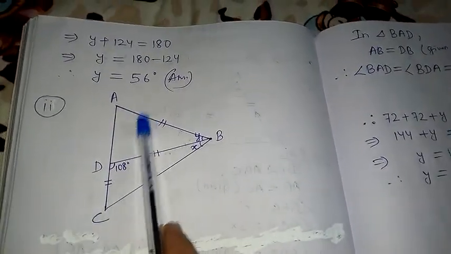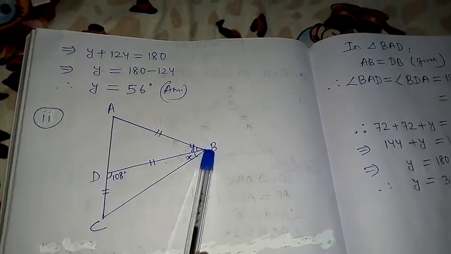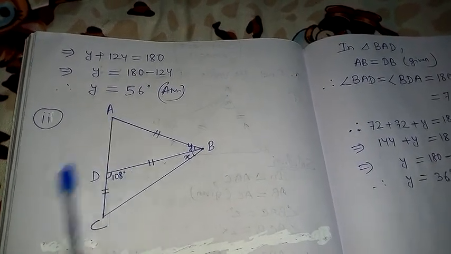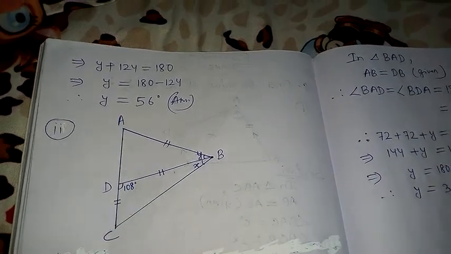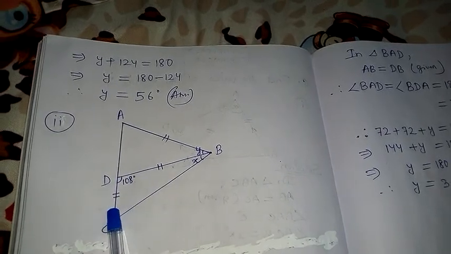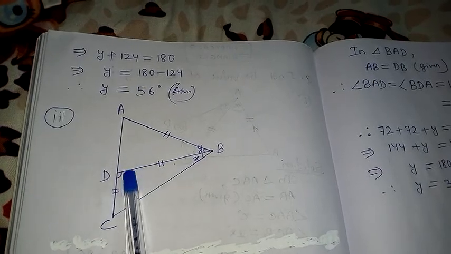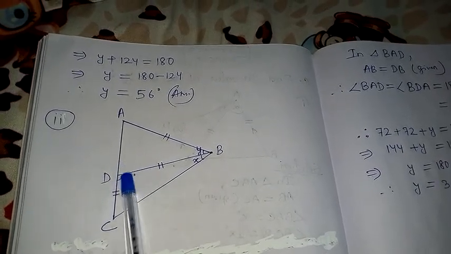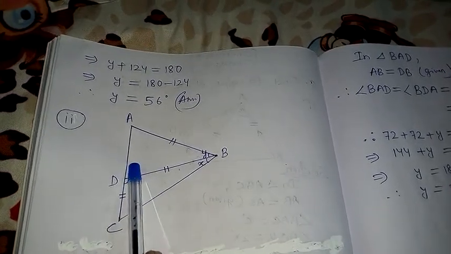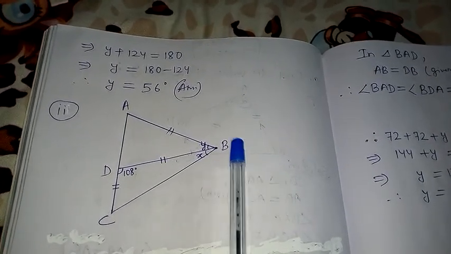Now in this triangle, if I say it is y degree and these two sides are equal, when two sides are equal, both this angle will be equal, but we do not know value of both the angle. But it is said a straight line is 180 degree, and if the exterior part, that means outside part, is given, the interior part will be 180 minus 108. That means whatever is there, you have to subtract with the 180. So 108 is there, you subtract with 180, this part will come, and whatever will be here, this part also will be same. So now in triangle BAD,